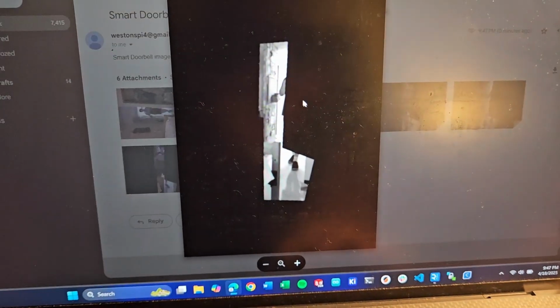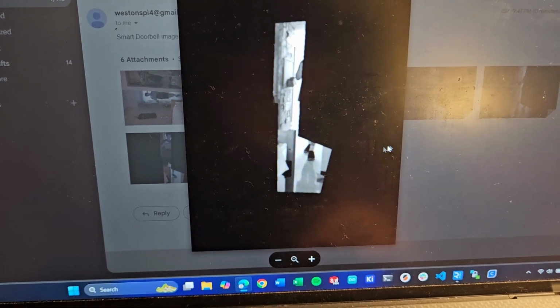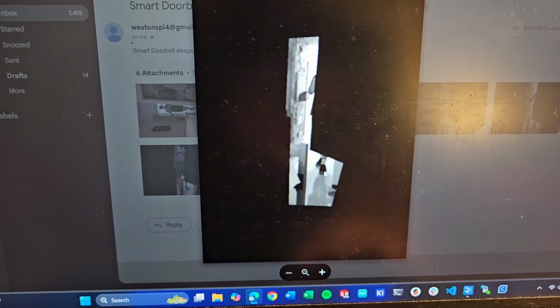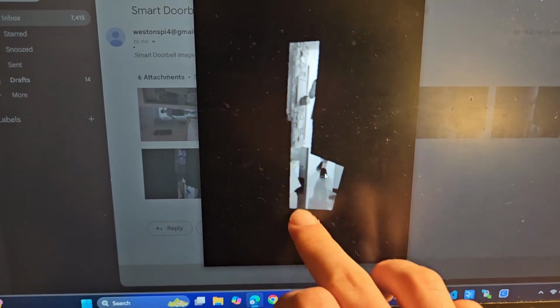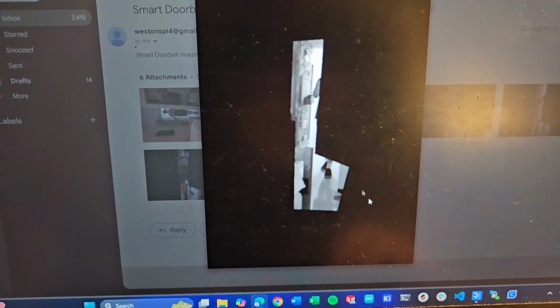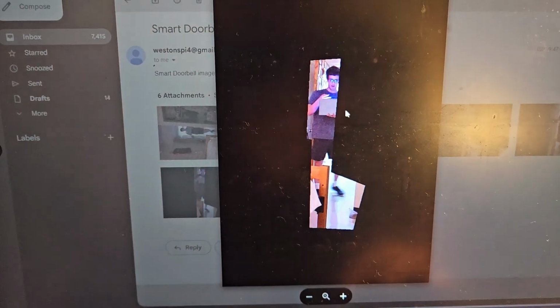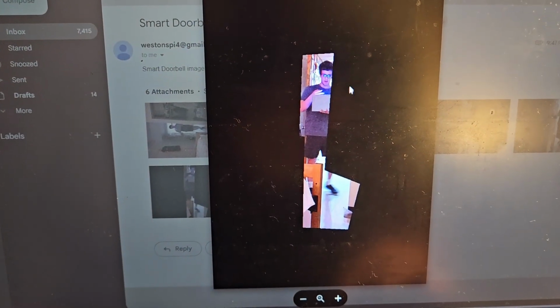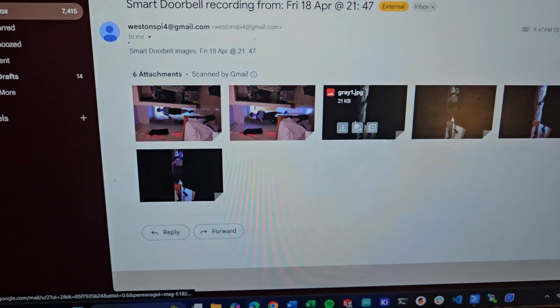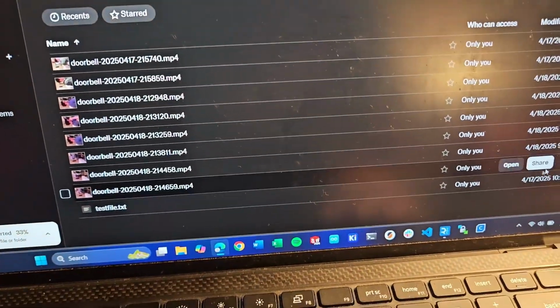And here you can see the mask, which masks out the door. So this is how it detects the door swinging open. And then I also had it mask the space below so that it could pick up any feet walking. And then here's the second image with me clearly standing in the door with my phone as well, recording the video. And then finally in the Dropbox, we can see